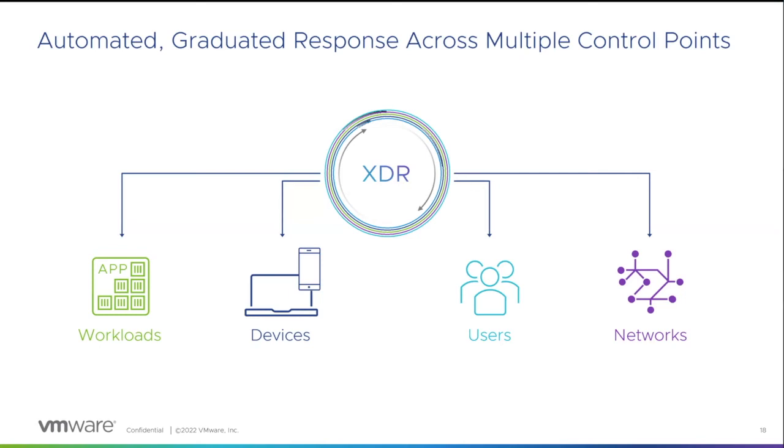So the response also needs to be automated as much as possible. We need to leverage our control points at the endpoint and beyond through those ecosystem partners. So again, whether it's response actions through Workspace ONE or out of the box playbook from our SOAR partners, we're really trying to give SOCs the tools that they need to take action at scale and to do so rapidly from anywhere in the world.